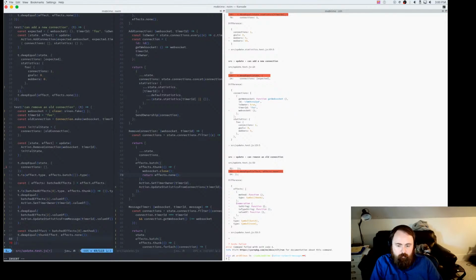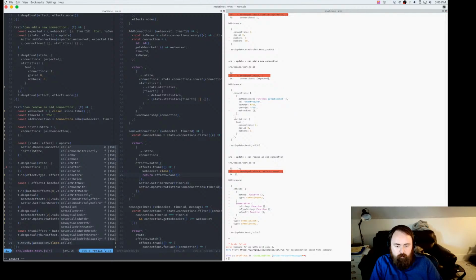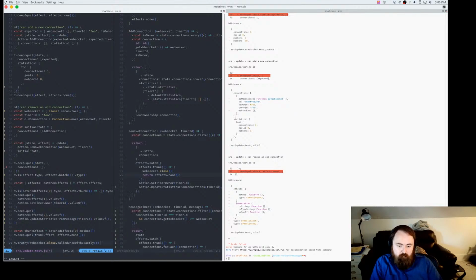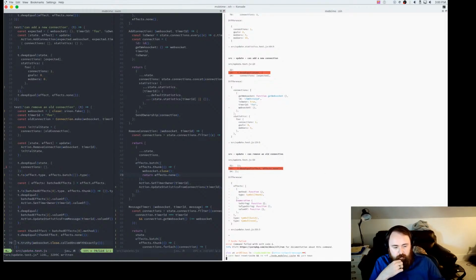And then we also know that we should be able to make an assertion that t.is, I just want to say truthy. And this would be websocket.close.called once with exactly, which I guess is not called with anything, so let's see how it goes.